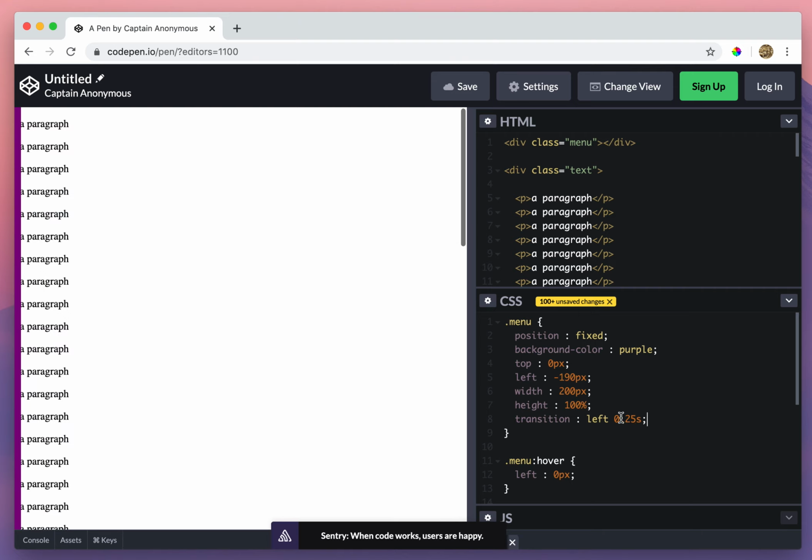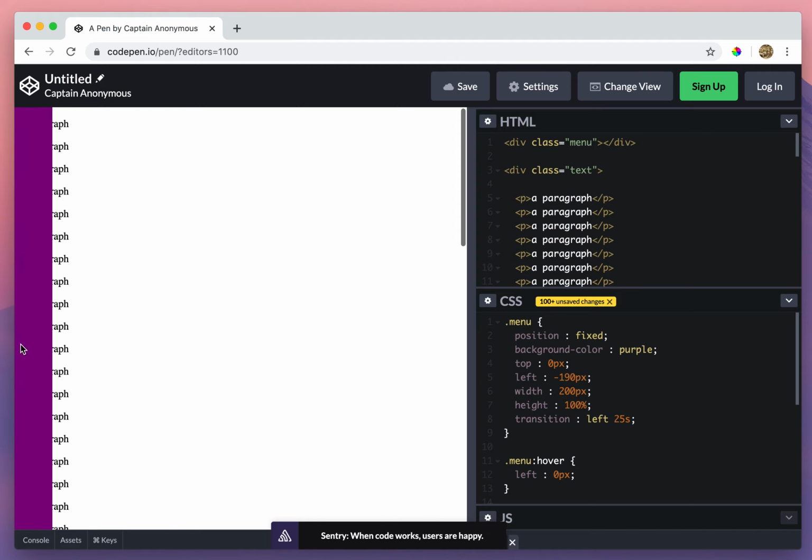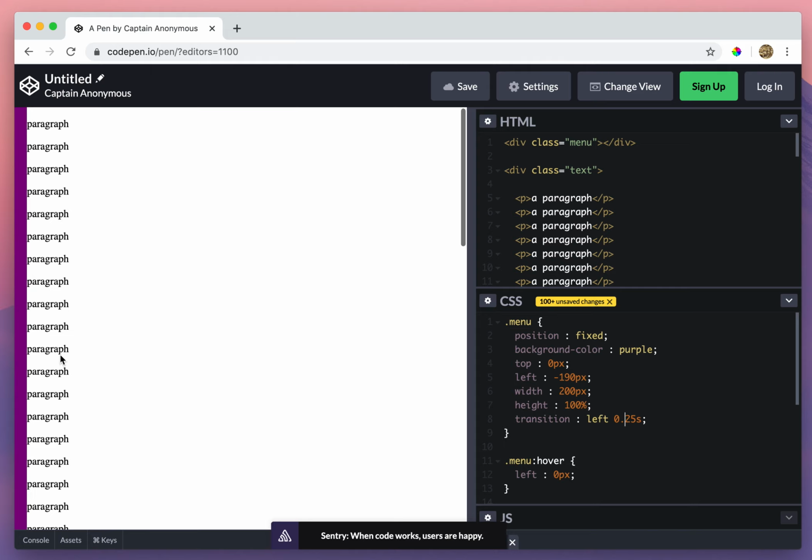And you could, if you wanted to do something crazy, do this just so you can really see the change. It's going really slowly now. And so we're not going to wait for the whole thing. However, 0.25 seconds is a good time length for this effect. And we could even